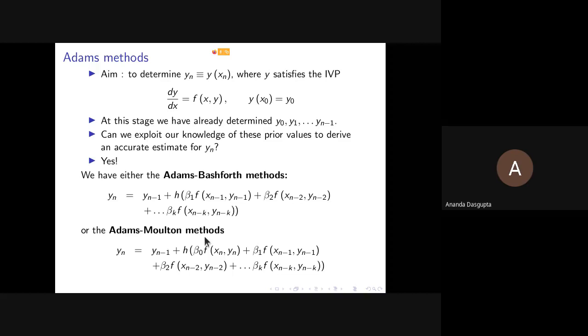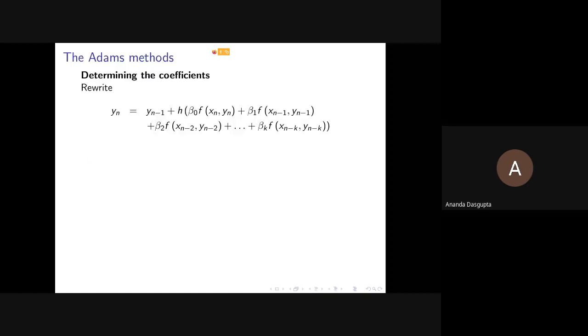Okay. But now let me just indicate how to find out these weights in the first place. So how do you find out the coefficients? I'm doing it for Adams-Moulton. You could do it easily for Adams-Bashforth as well. Now, what you can do is rewrite this equation in this form. Yn is actually y at xn, right? Yn minus 1 is y at xn minus 1. So I just moved it to the other side, and I moved this entire stuff on this side to the other side,